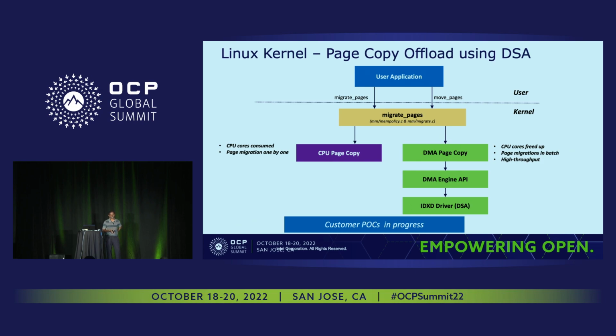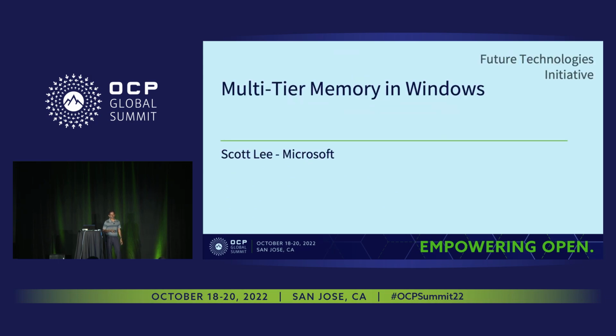The last point is the data streaming accelerator. When you migrate pages, there are two different ways. One is the CPU page copy. The other one is through the DMA offload engine. Using a DMA offload engine frees up CPU cycles that you can use for something more impactful, compute cycles. So that's the Linux side of the kernel tiering, where it is today. Of course, there is a lot of work that needs to be done, but it is definitely moving in the right direction. With that, I will let Samir talk about the Windows side of